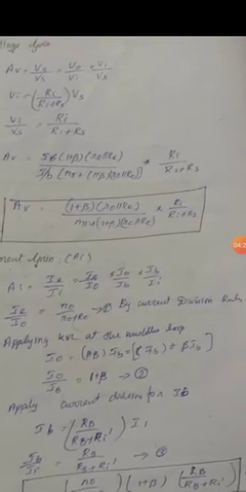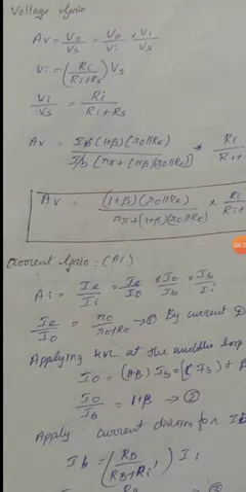Next, we have to go for voltage gain. When you want to find the voltage gain, we have AV equal to V naught by Vs, that is V naught by VI into VI by Vs. Already we have discussed this. We divide it into V naught by VI into VI by Vs for easy implementation. We know that by the voltage division rule, VI can be written as RI divided by RI plus RS into Vs. So VI by Vs will be RI divided by RI plus RS, and then AV can be written as VI by Vs into V naught by VI.